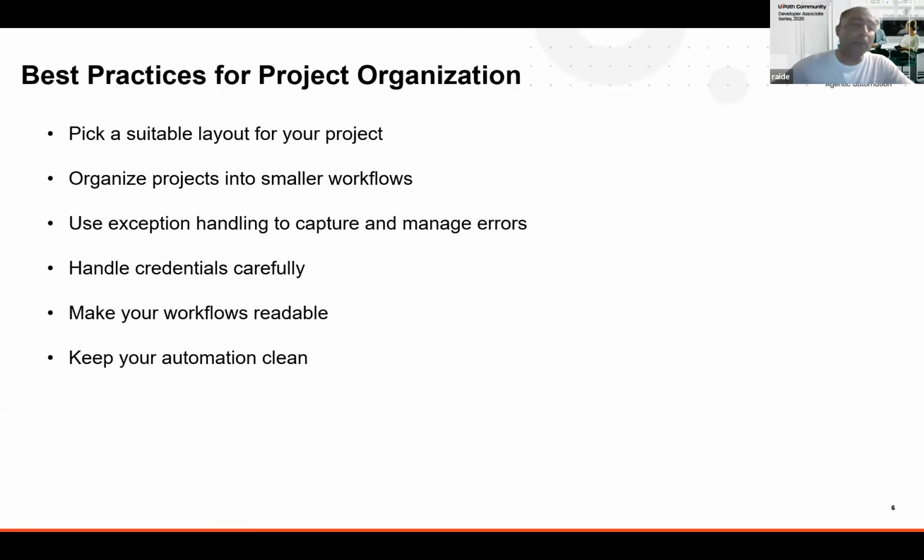Now, which best practices can we follow for project organization? First, an important part is to pick a suitable layout for your projects. If you're working on SAP automations, we have templates available by default, provided by UiPath itself. We can use those templates. If the processes are too complex, go ahead and select the REFramework, where you will get each and everything built within the same framework. You just have to use this framework to make your project streamlined and